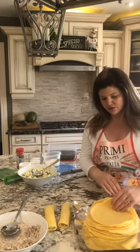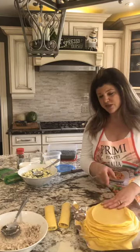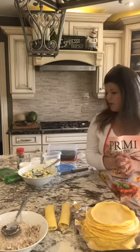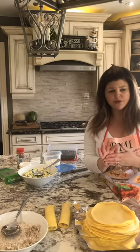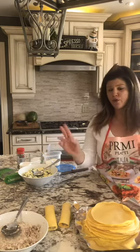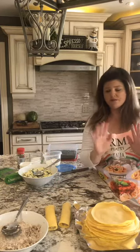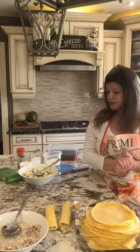I think I have about a good 24, 28 shells here. I don't know if I'm going to use all of them. I'm thinking I will definitely get a good 12 and 12, 24. And yeah, that's it. So double the recipe for the crepes for the manicotti, if you're going to do both. If you're only going to do the one mixture, the recipe is fine with the 4 eggs, 2 cups of flour. That's all good. Okay, so